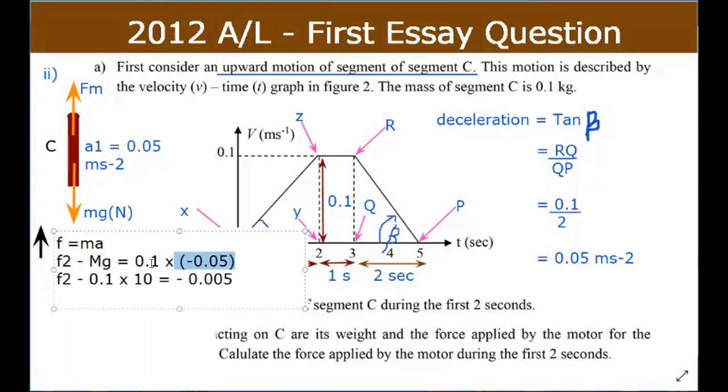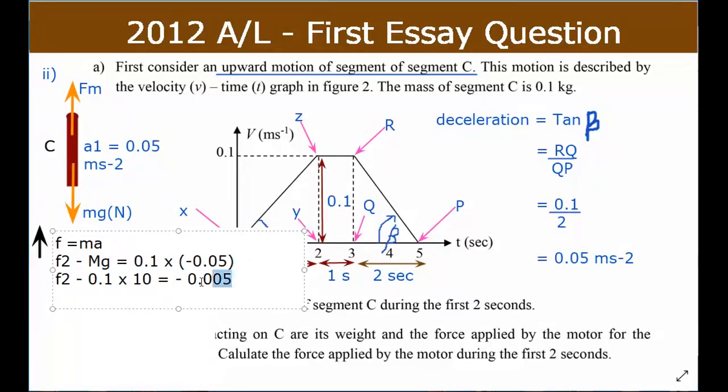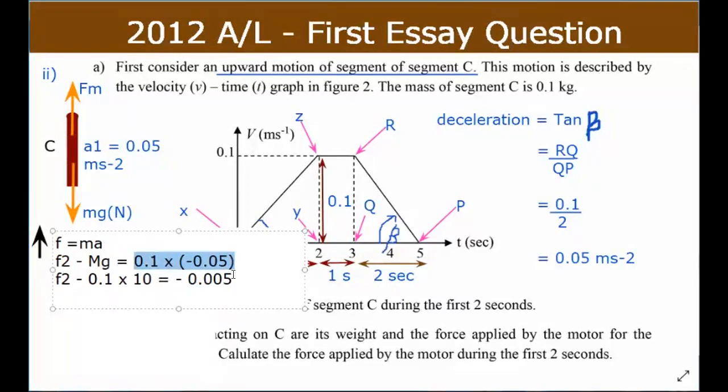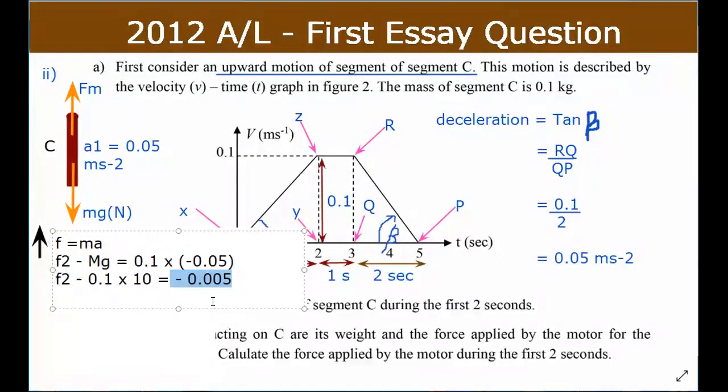Who would like me to explain this simplification? Please raise your hand up. Who wants to know how I get this 0.1 multiplied by 0.05 as 0.005? Anybody in the class? Nobody wants. Okay. So this is F2 minus 0.1 into 10 is 1 equals minus